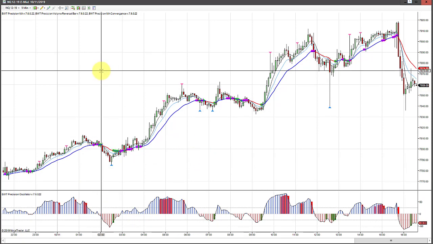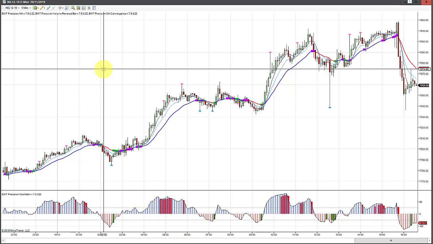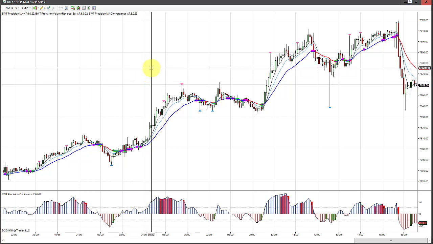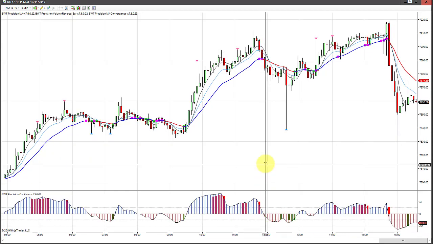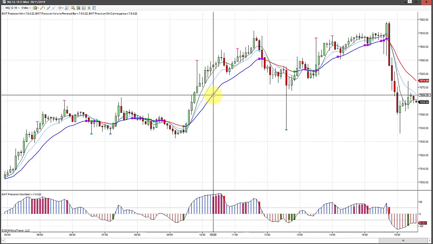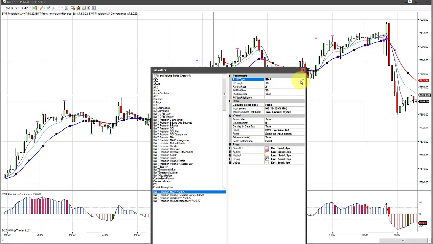But this is a 5-minute chart. I chose a 5-minute chart for a reason. There's 90 5-minute bars in the regular session from 9:30 to 4 p.m. 90 5-minute bars. On the chart, the Precision MA has 4 different moving averages. The Precision MA, which looks like this,